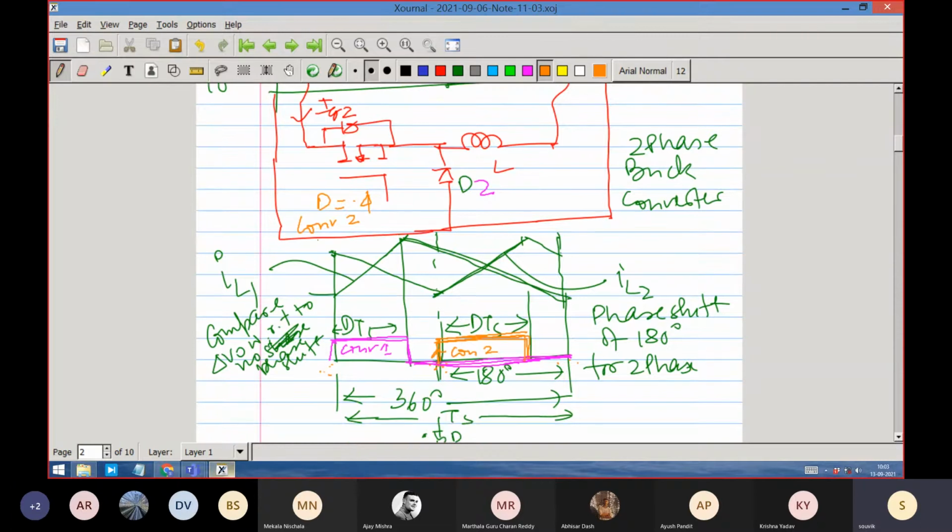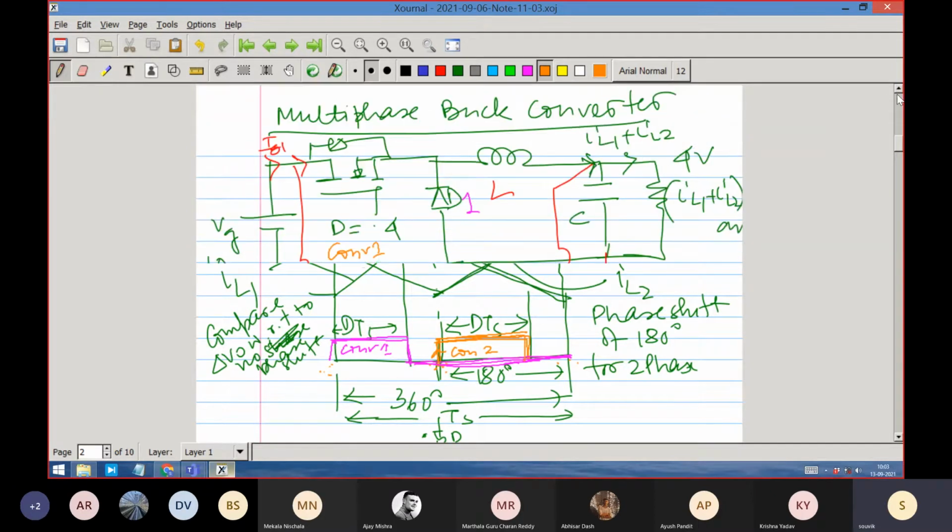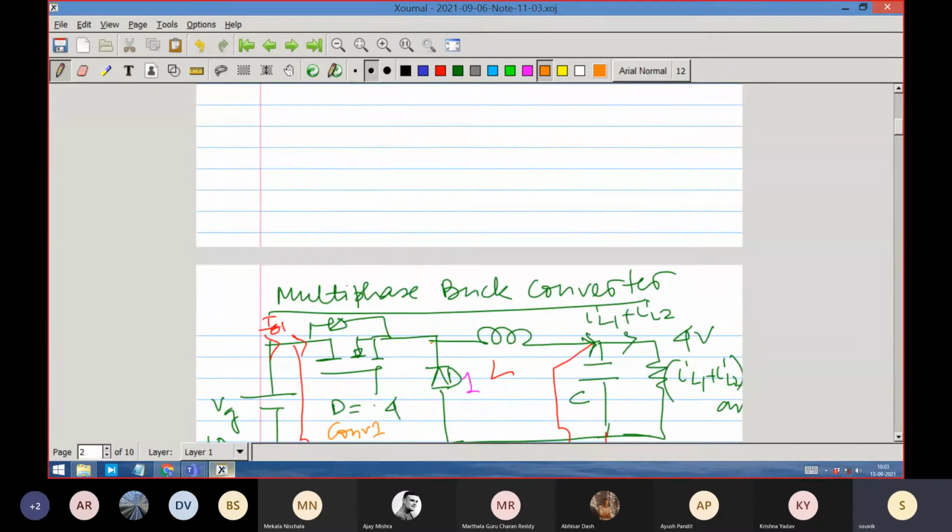It doesn't mean D has to always be 0.4, but you understand it's just to give a number. So we have shown that any individual inductor current doesn't know what is happening to the other converter, and is in no way related, because its connection is not changed. The inductor is either connected to this switch node.